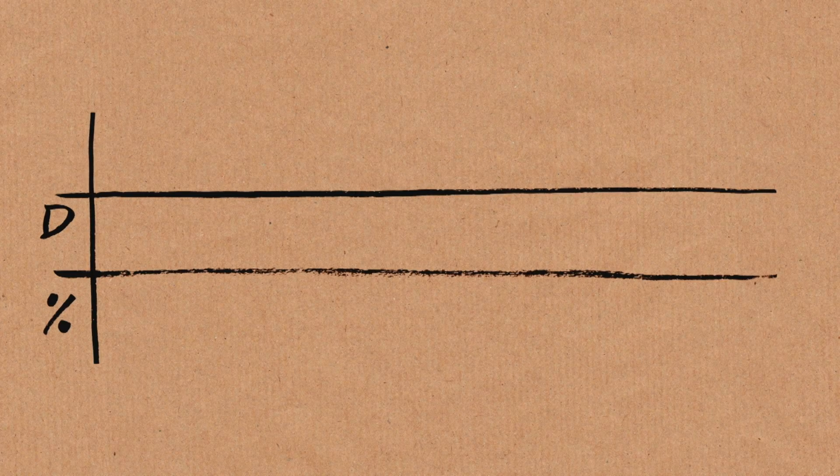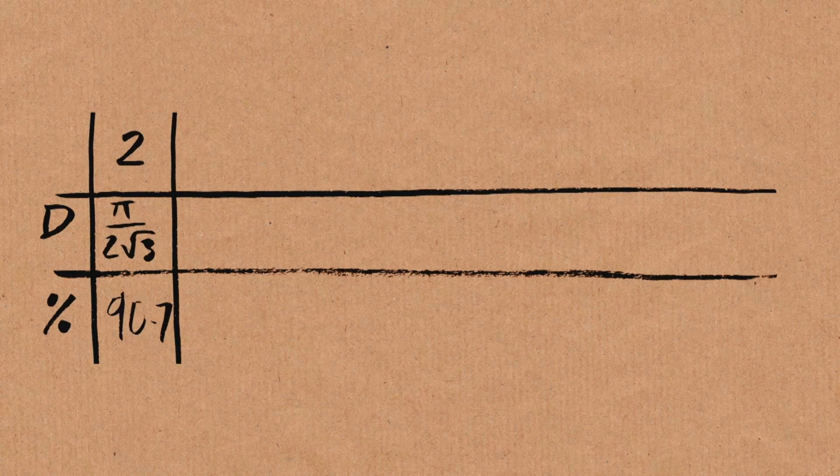So that is the best density for circles. Let's have a look at other dimensions, because we're going to have to use higher dimensions for this idea. Let's have a look what the best possible packing is in all the dimensions that we know of. So in dimension 2 is what we've just done, pi over 2 root 3, the 90.7%, proven to be the best possible by Fejes Tóth in the 1940s.